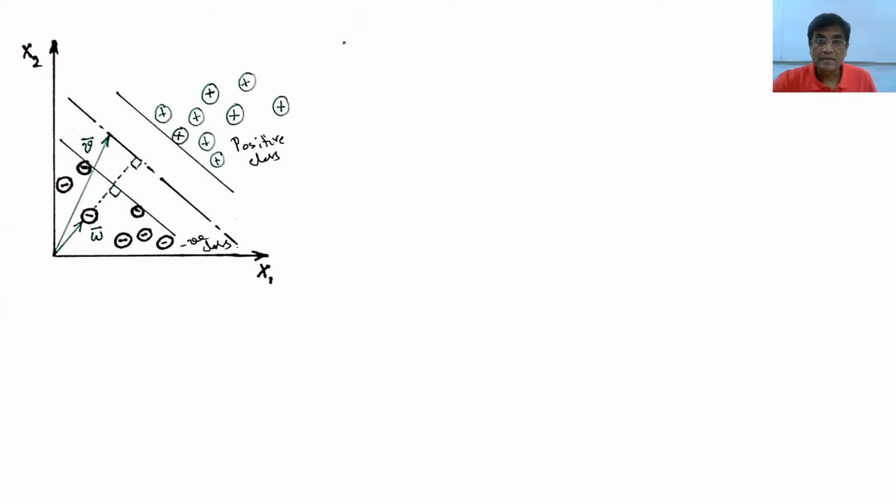The class label is indicated by yi, and yi belongs to -1 and +1, not 0 and 1 like earlier. In the case of logistic regression, we had y labels 0 and 1, but here it is -1 and +1. These are the two classes. Classes are designated by these numbers, -1 and +1. Clear?